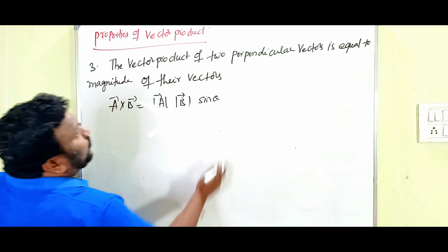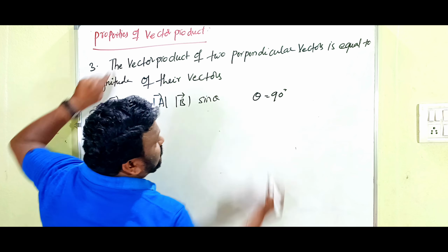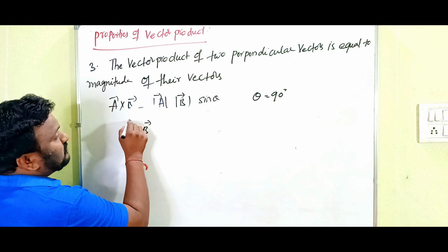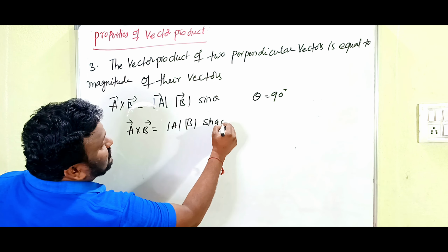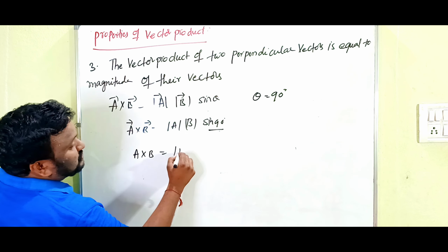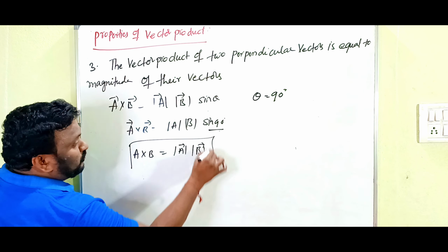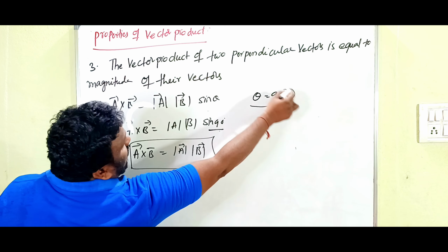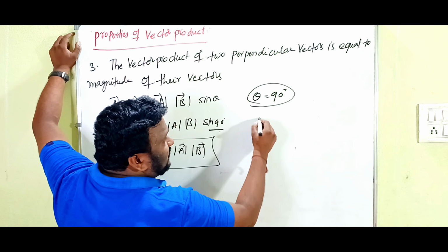This is the formula. When we consider perpendicular vectors, theta is equal to what? 90 degrees. Then simply A cross B is equal to mod A, mod B, sin 90. Sin 90 is 1. That's why A cross B is equal to mod A, mod B, children. So the vector product of two vectors is equal to the product of their magnitudes when the angle is 90 degrees, children. In the same manner, if you write I cross J,